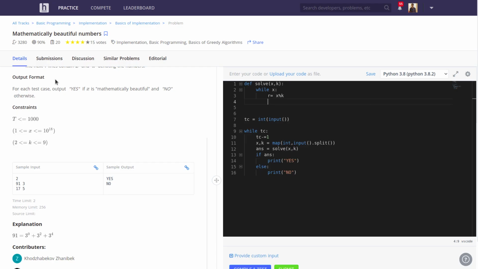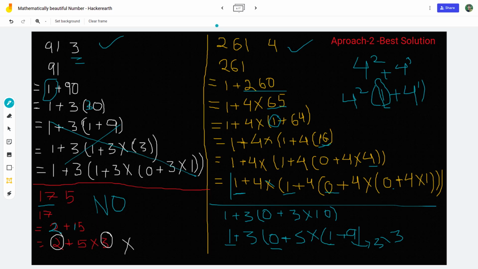If our remainder is less than 2, that's fine. But if it's greater than 1, then simply return false. That means we don't need to check any further.